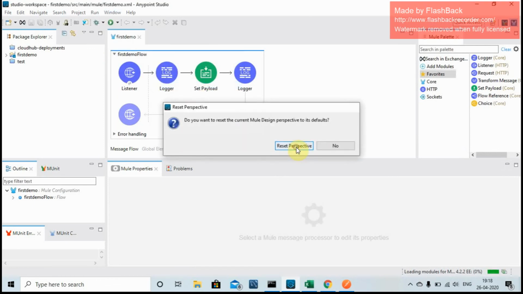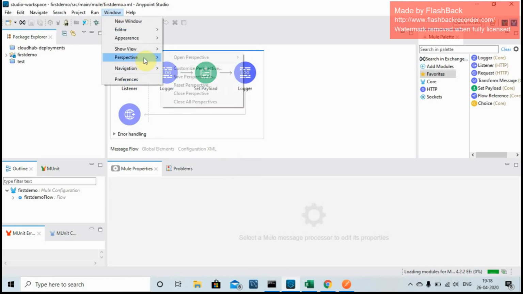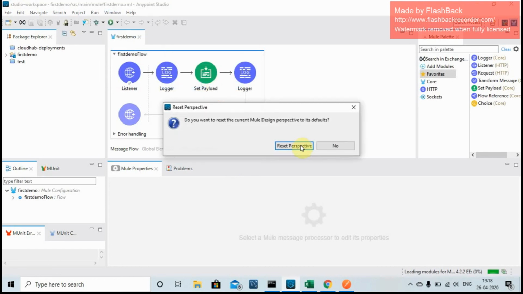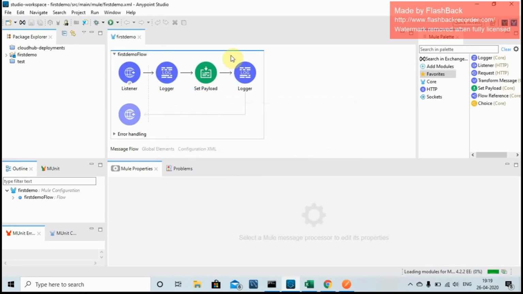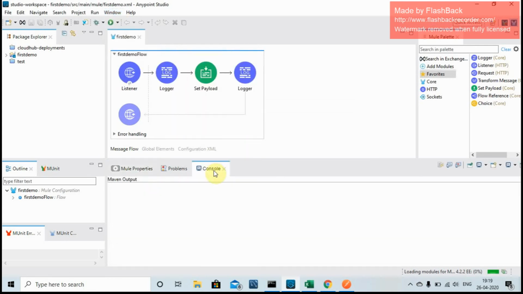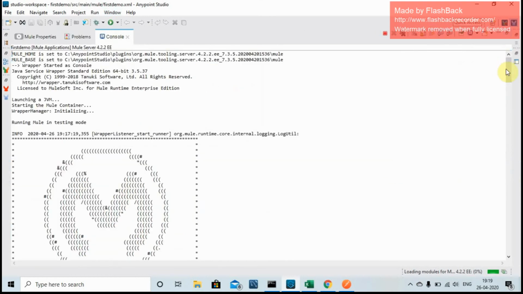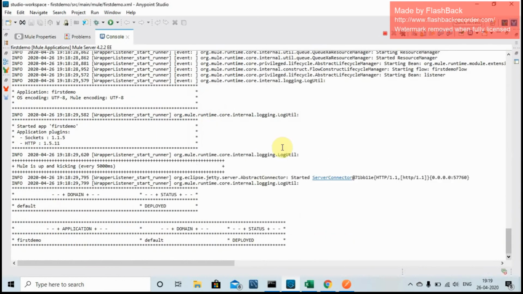I need to reset so that the console window can come up again. So here you can see the firstdemo app is started and it is being deployed.